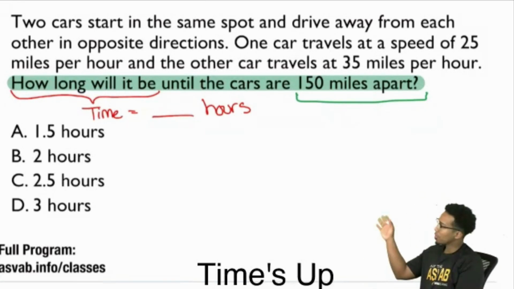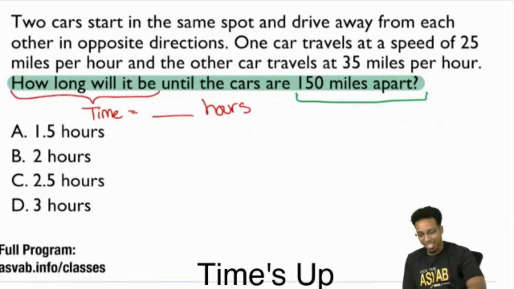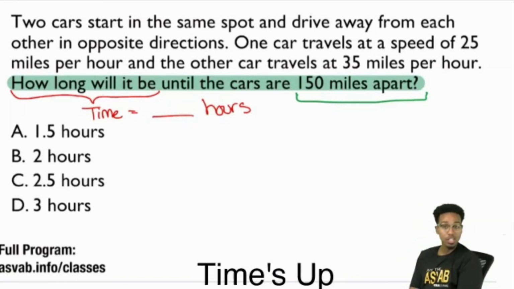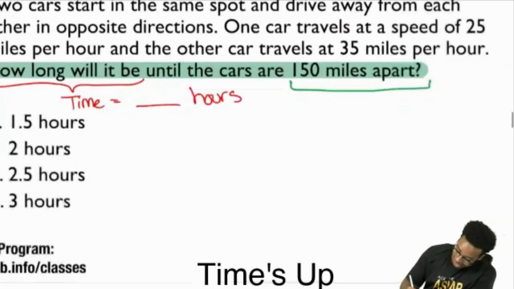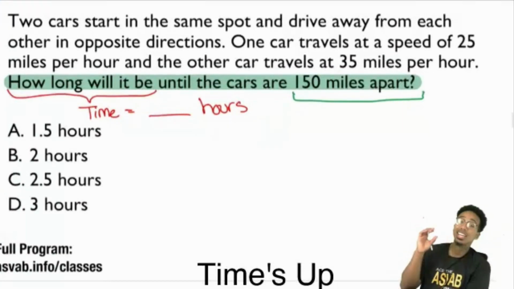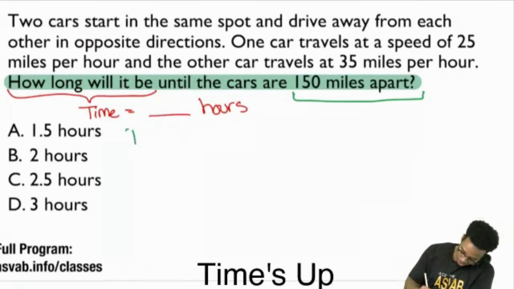Yes, 150 miles is distance, but what did I define distance as? The amount that we're trying to accomplish. Skylar was first there. Yep, it is the amount that you're trying to achieve or accomplish. So we're trying to get to 150 miles. Everybody can see that? The reason 150 miles is the distance is because that's the amount we're trying to achieve. That's the goal, exactly. So we have distance equals 150 miles.